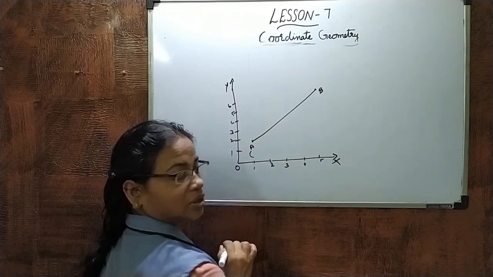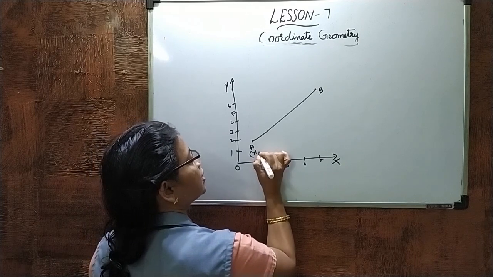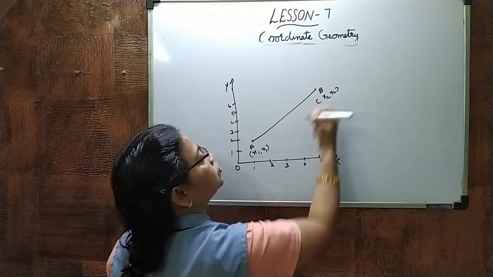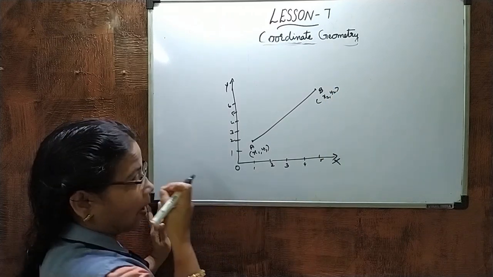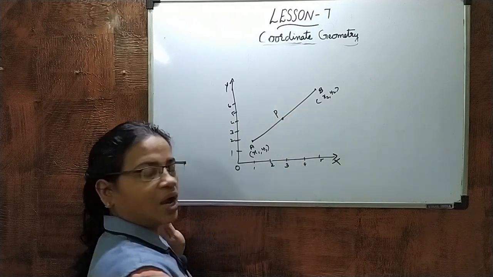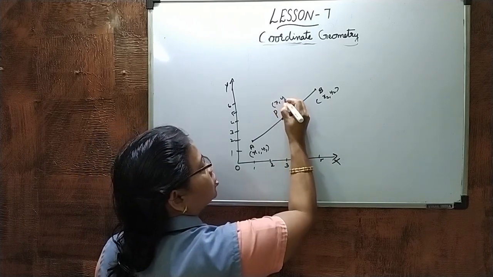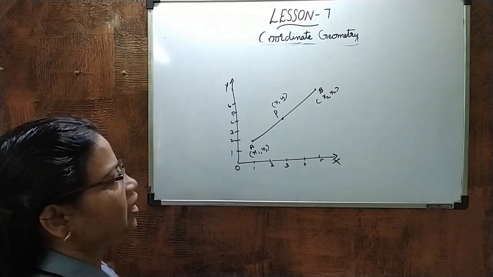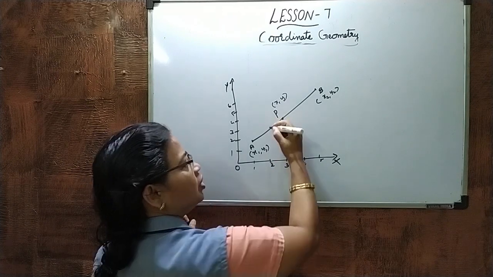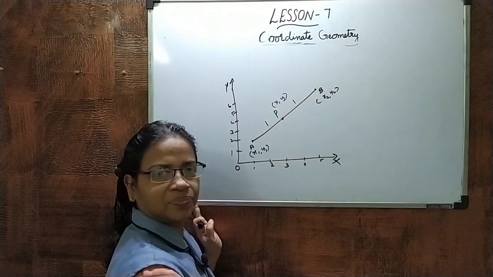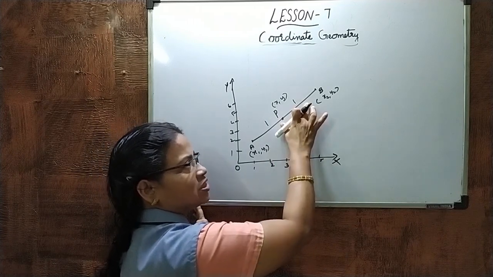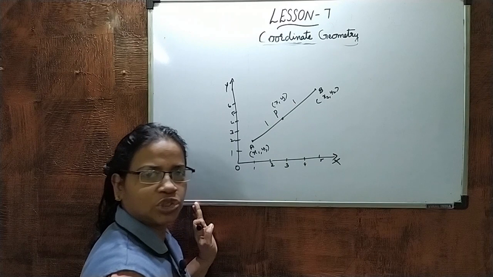The coordinates of A are x1, y1, and here it is x2, y2. Now look, there is a point in the middle. We call it P, and the coordinates are x, y. It is in the middle. What will be the ratio then? The ratio will be 1:1. Right? 2 equal parts are there, so the total parts is 2. So 1:1 will be the ratio.